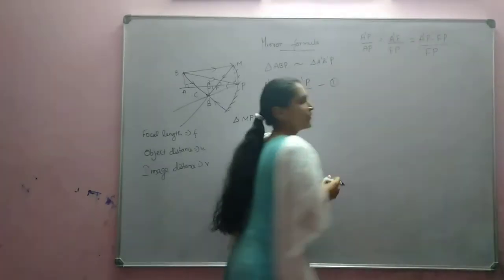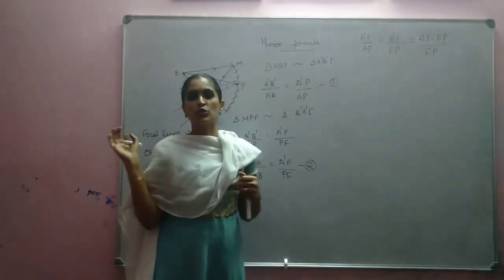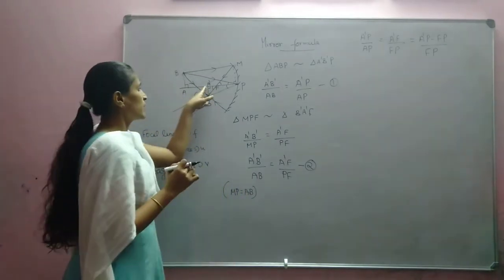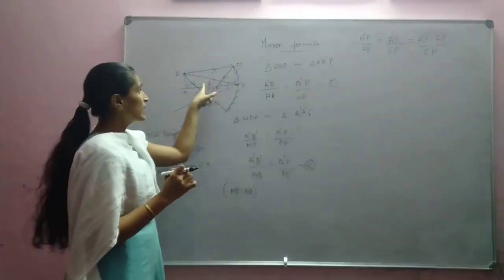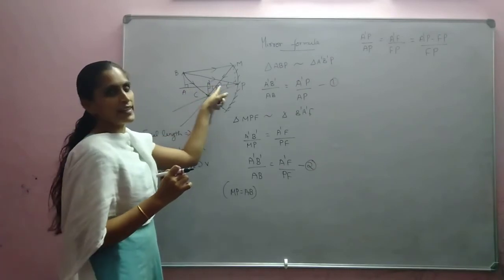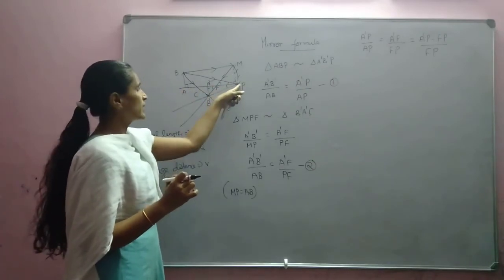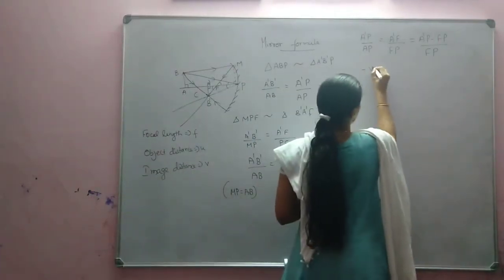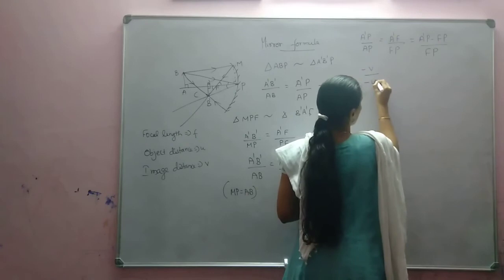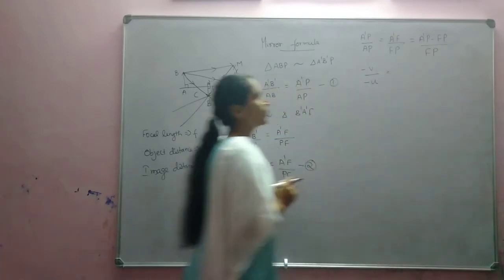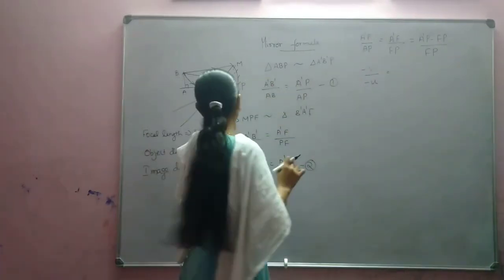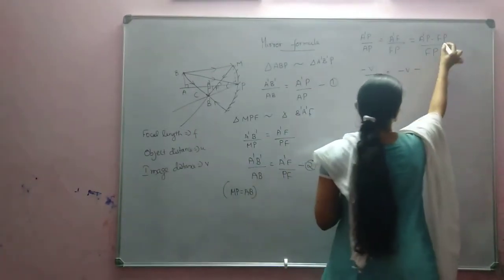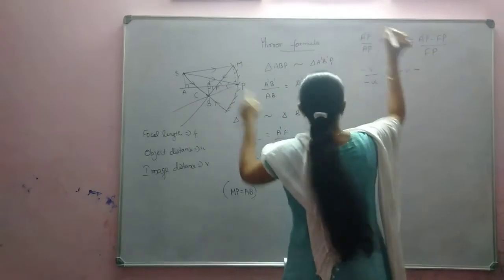Now we have to substitute the values by applying sign conventions. What is A dash P? It is the image distance. Here the image is formed, the incident light is in this direction and we are measuring from here, so the image distance will be negative, minus V. Again, the object distance will also be negative. Is equal to, again A dash P is the image distance, so minus V. Object distance, this is FP. FP is the focal length, and again it is negative.